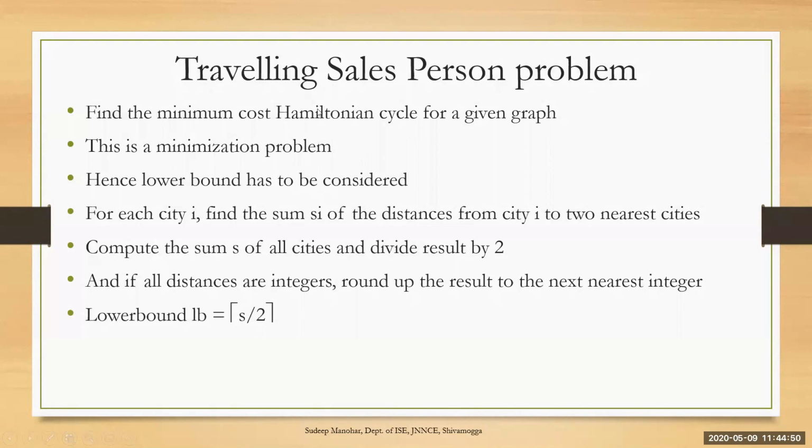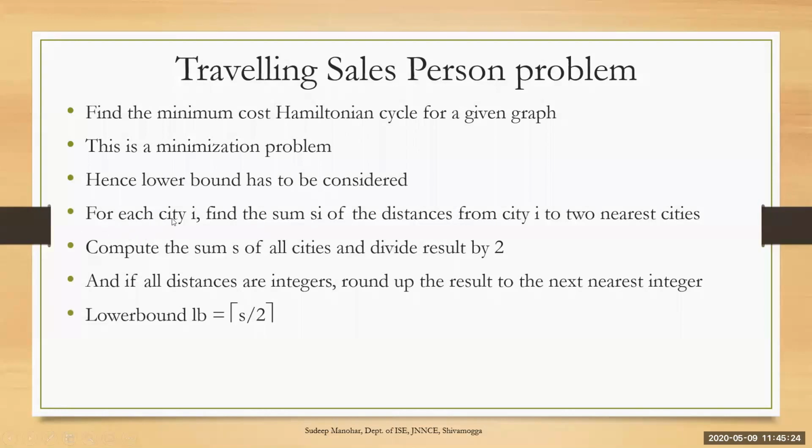One thing is we have to find a Hamiltonian cycle. The second thing is it should be of minimum cost. So that is the aim of the traveling salesperson problem. This is an optimization problem since we are trying to optimize the cost. Specifically we try to minimize the cost, and hence it comes under the minimization problem. Since it is a minimization problem, we are supposed to consider the lower bound for each node in the state space tree. Now, how do we calculate the lower bounds for each node in the state space tree?